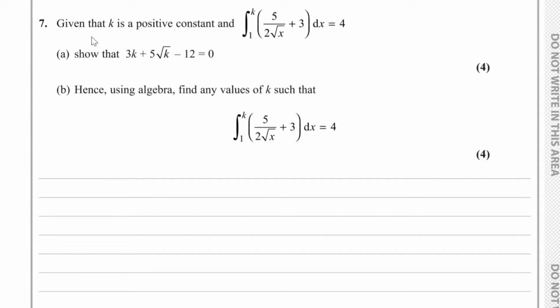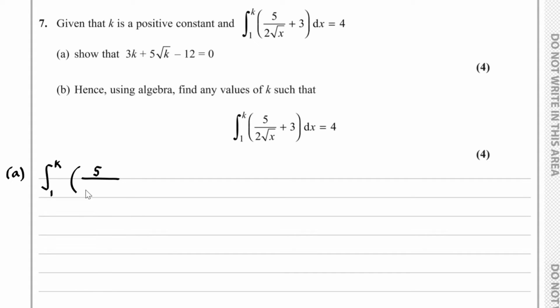Question number 7. Given that k is a positive constant and the integral between 1 and k of 5 over 2 root x plus 3 with respect to x is equal to 4, we have to show that 3k plus 5 root k minus 12 equals 0. I think it will be a good idea to rewrite the 5 over 2 root x as 5 over 2x to the half. So for part A, we have the integral between 1 and k of